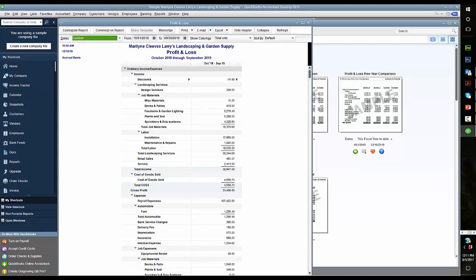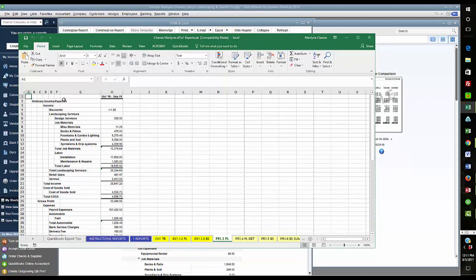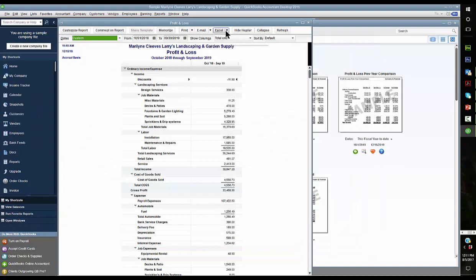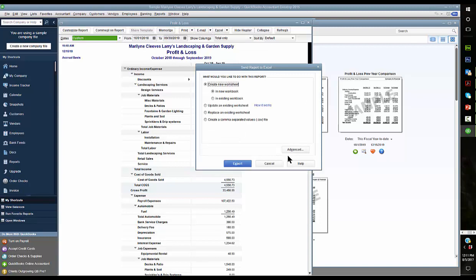Come over and look for my Excel file. Hasn't opened yet. I just realized something. I made a mistake. See this part here? I didn't go through and do the advanced options. So let's close this one out. Come in and do Excel, create new, replace an existing, and I forgot the advanced portion, which was,